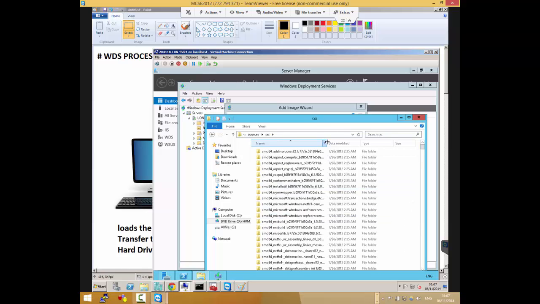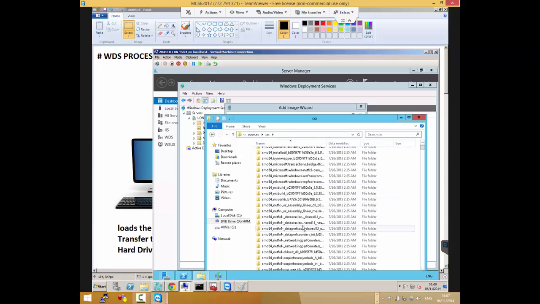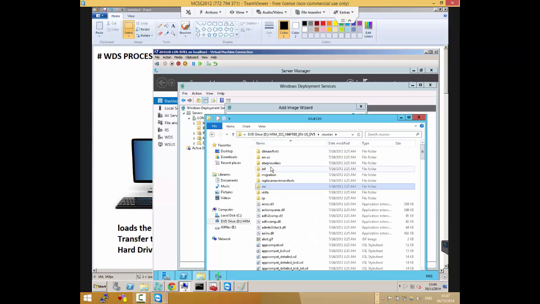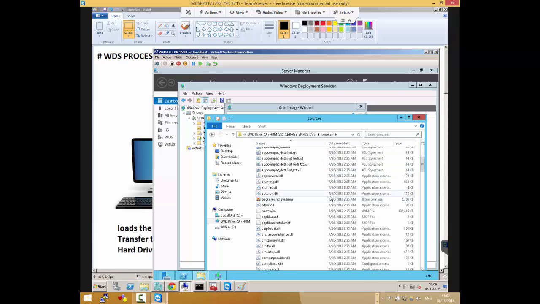The install.wim is just the basic Windows image itself, but the roles and the features are inside this SXS folder. They also contain different components of Windows. The wim file gives you just the base image, the base install.